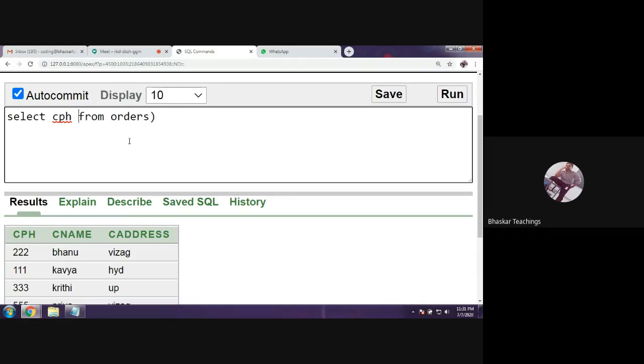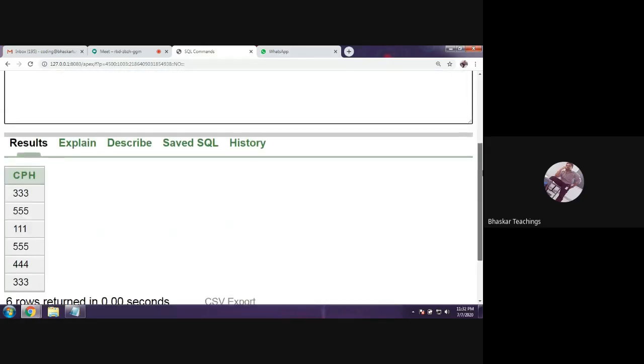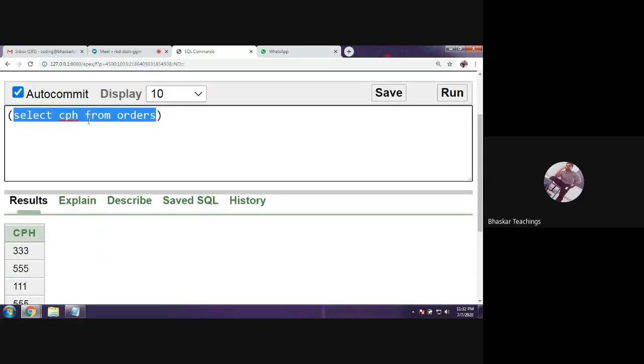So this will retrieve all the customers list from the orders table. So these are the customers. So now, just keep the records of these customers and delete the records of the customers who are not available in this list.